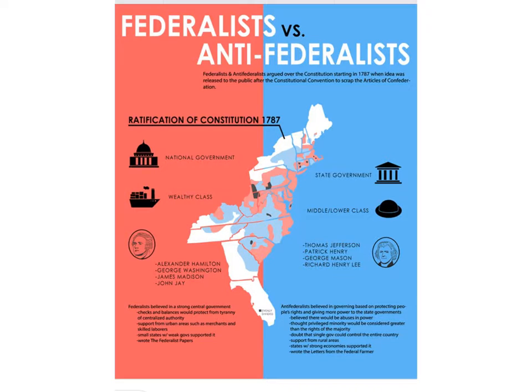of reminding us who our Federalists and Anti-Federalists were really supporting, and then, of course, their leaders. So on the left, the red side, we have the Federalists. Remember, they're supporting a strong national government. Mostly the wealthy class is supporting them. So these would be the people further to the north. Their leaders are Alexander Hamilton, James Madison, and John Jay.